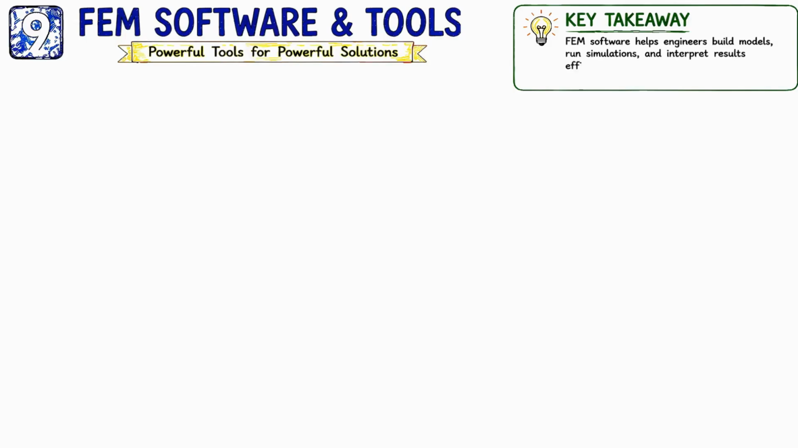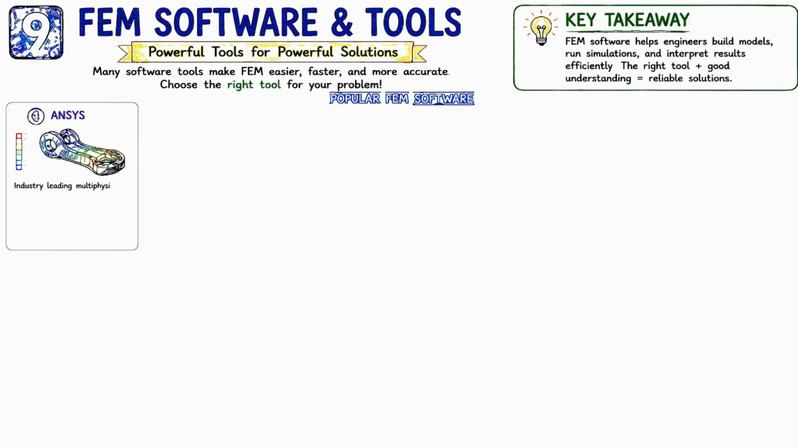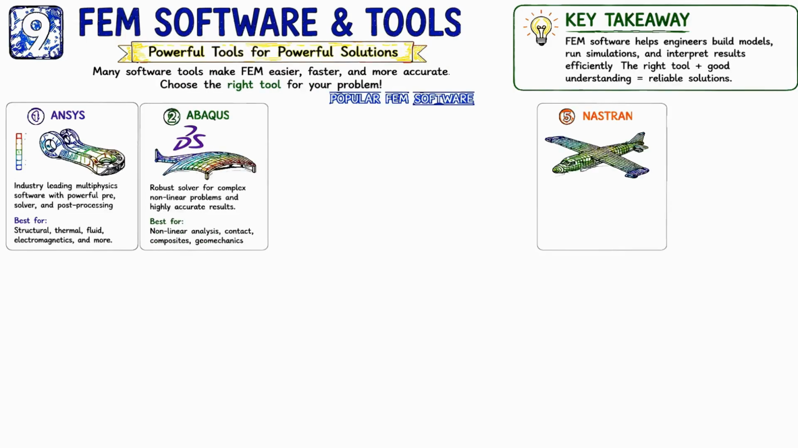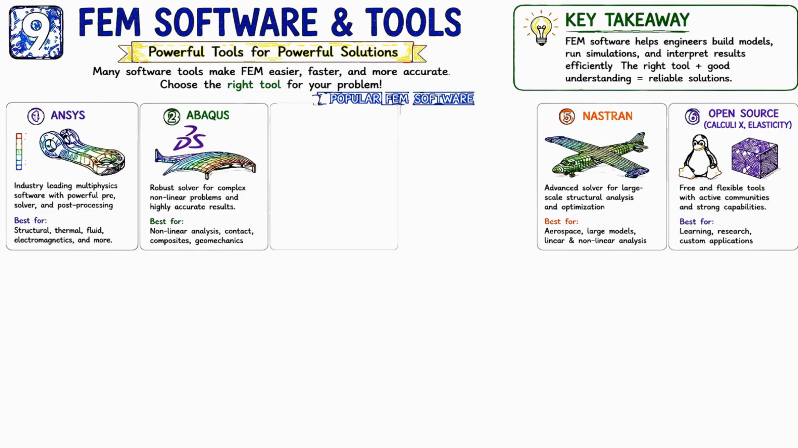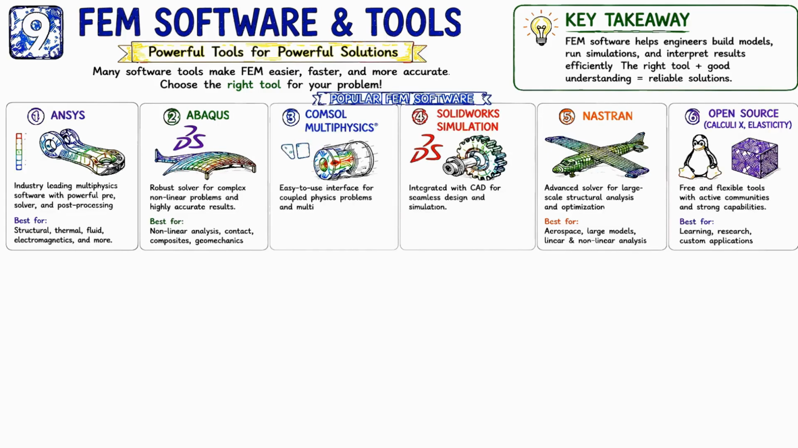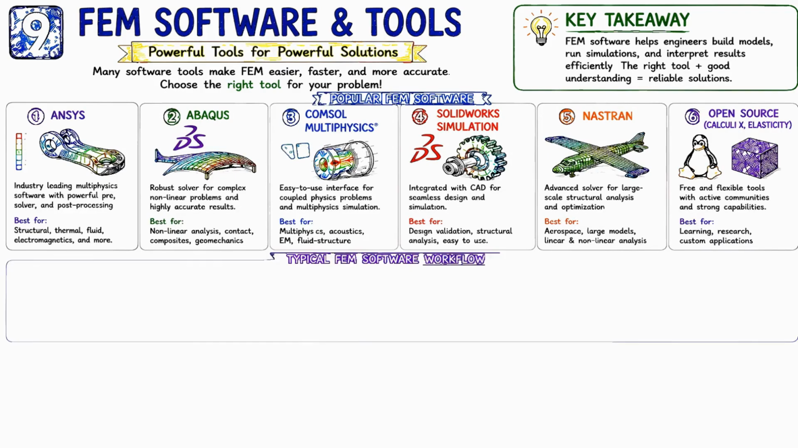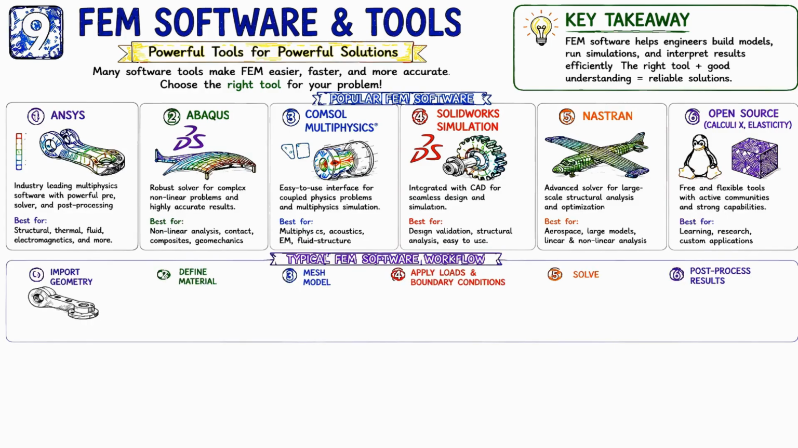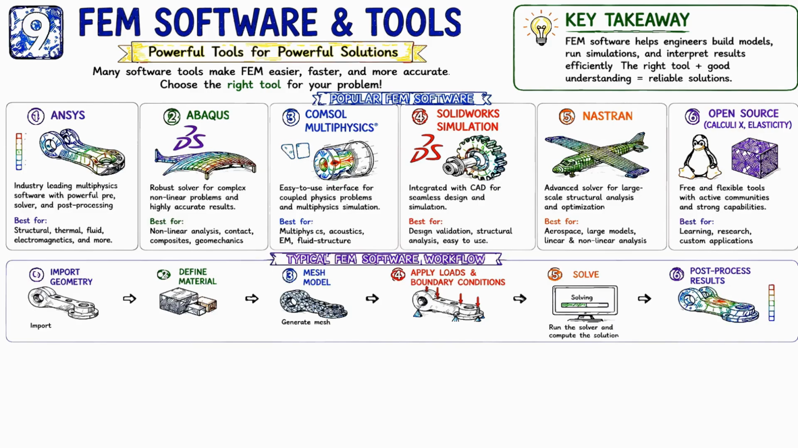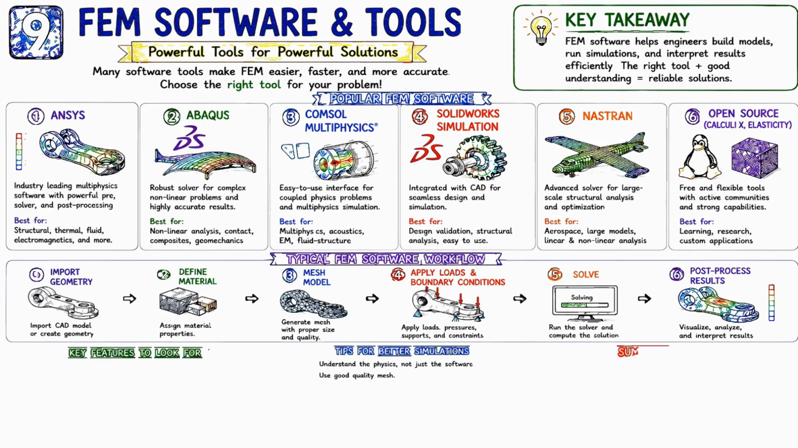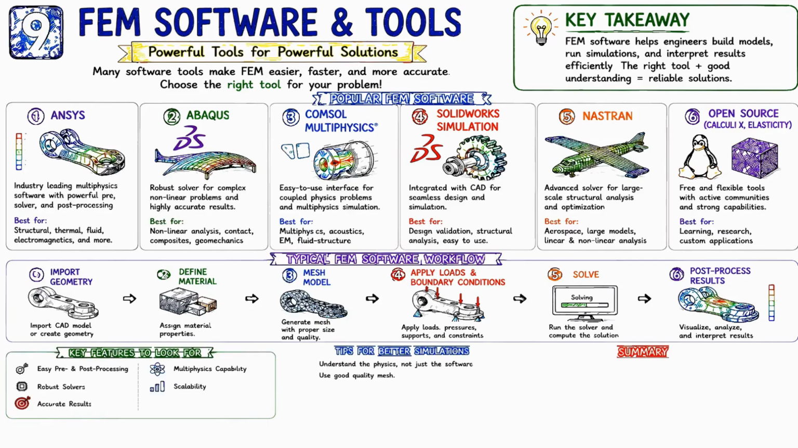Today, engineers rarely perform large FEM calculations manually. Instead, they use powerful software such as ANSYS, ABAQUS, COMSOL Multiphysics, SolidWorks Simulation, and NASTRAN. Although these software packages have different interfaces, they all follow the same basic workflow. First, create or import the geometry. Then, assign material properties, generate the mesh, apply loads and boundary conditions, run the solver, and finally, visualize and interpret the